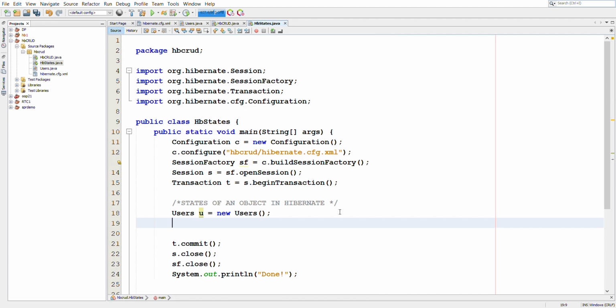And now when this object is created, this object is not being monitored by Hibernate. So Hibernate is not tracking this object since it is just created in our Java application. So it might even be some temporary variable which we do not need to be persisted. So that is why Hibernate does not track these objects. So this state of an object is also called as transient. So a transient object is not tracked by Hibernate.